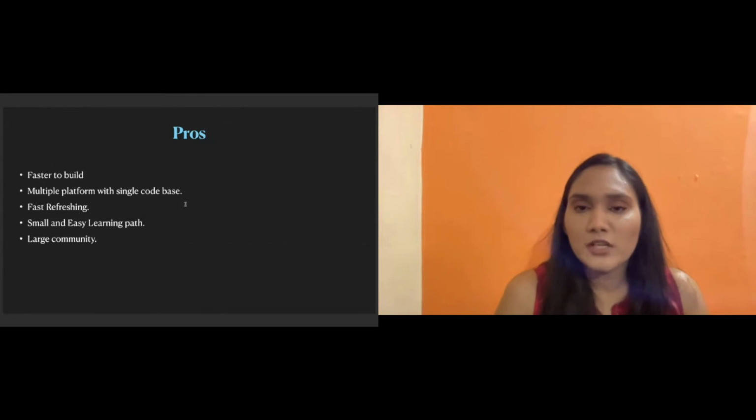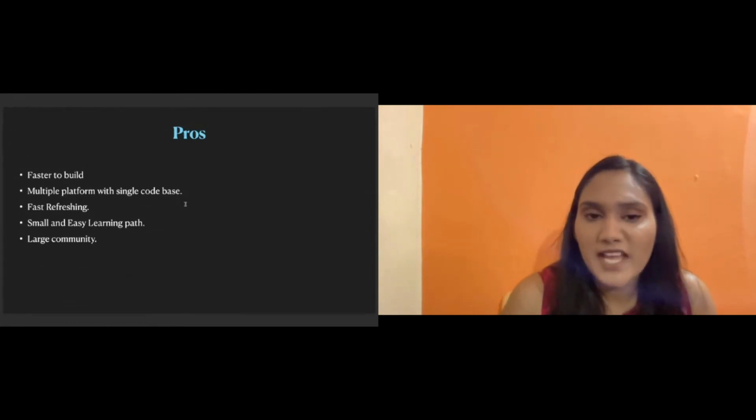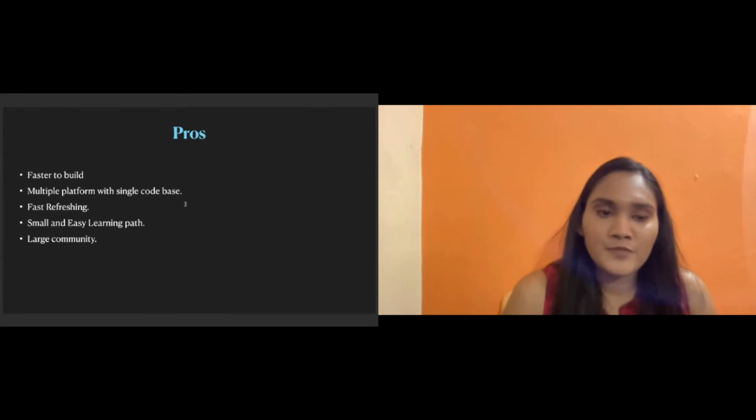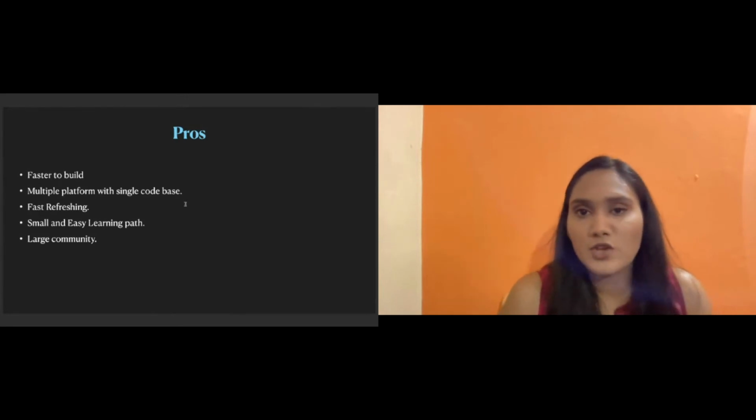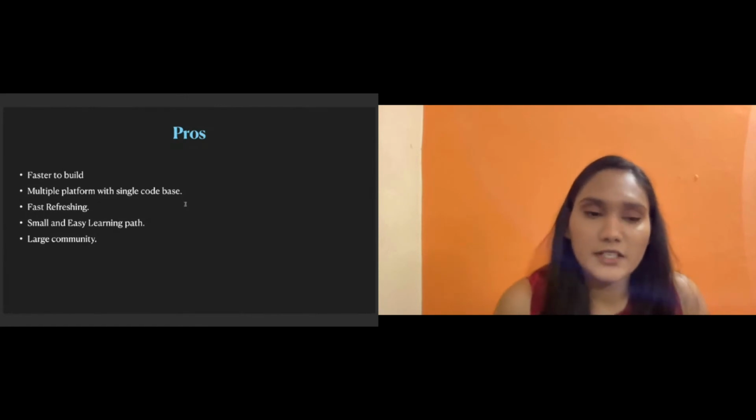It decreases approximately 30 to 40% of time, apart from some of the native things which we need to implement, of course, in React Native as well. But even doing that, it will decrease 30 to 40% of our development time. Which is very great if you want to decrease the completion time of the project, and if you are on a deadline, you can definitely think of working with React Native.